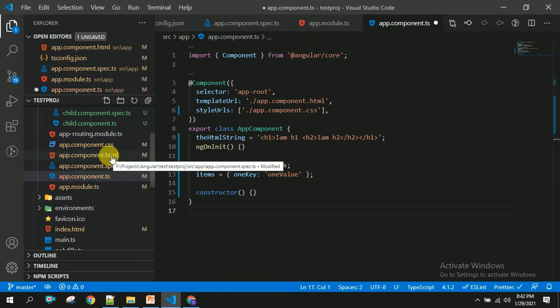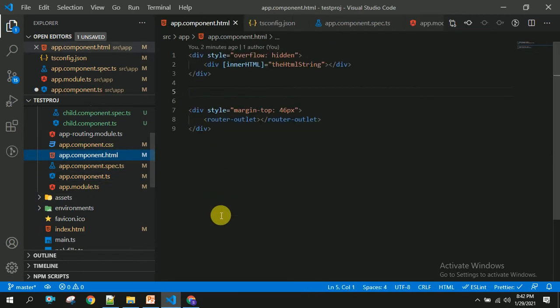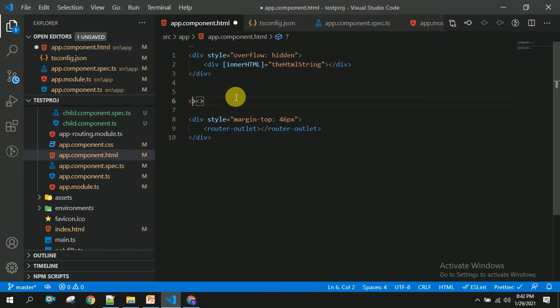Let us go to app_component.html and here I am going to use a div, and by using ngFor or a looping mechanism, I am going to display all the keys and values.